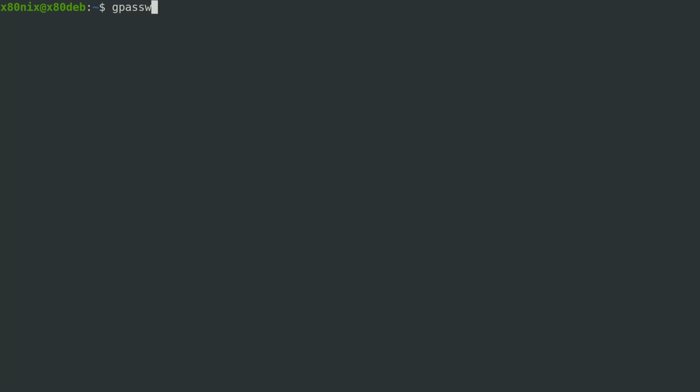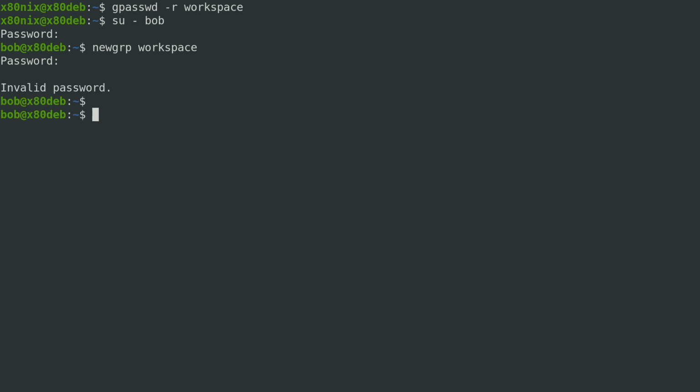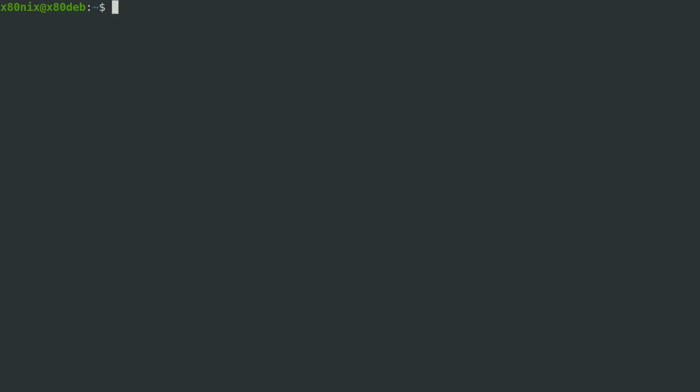And so we can use the -r flag to remove that password. And now the password we set no longer works. Also, when we're setting the admin list, it overwrites. So unless you pass a list, it's going to change it to say only one user if you only specify one user. So for example,